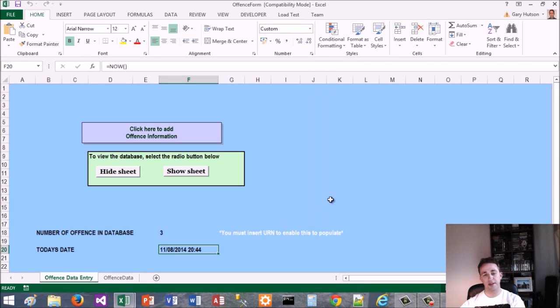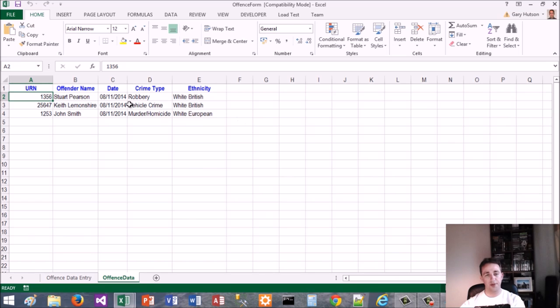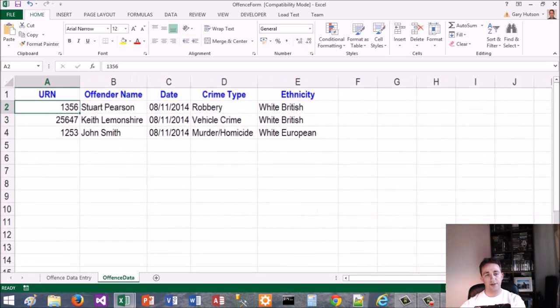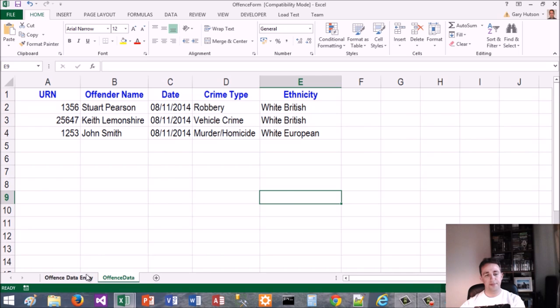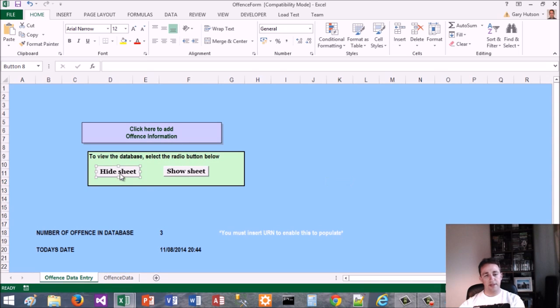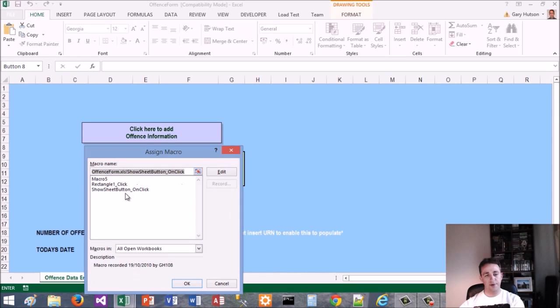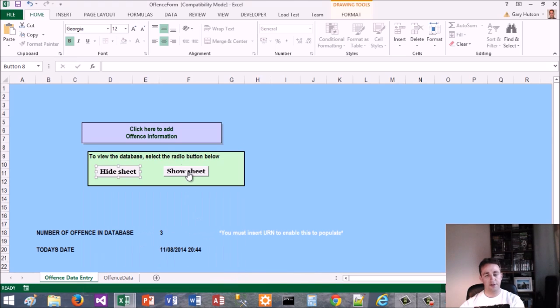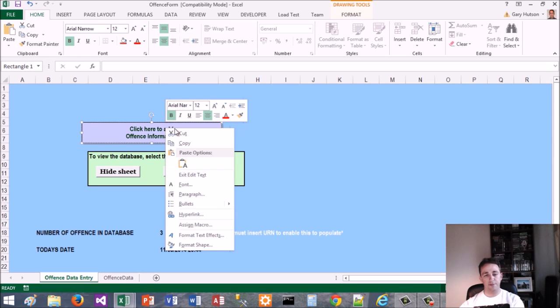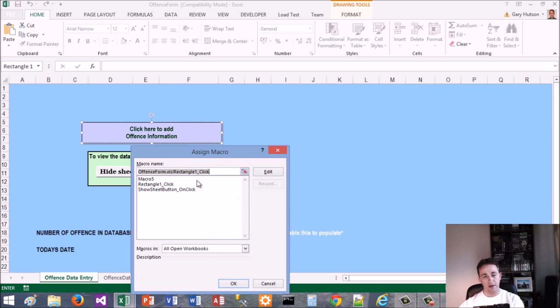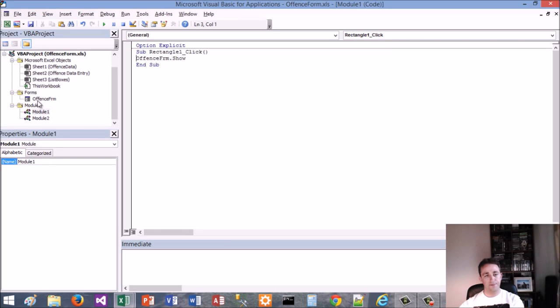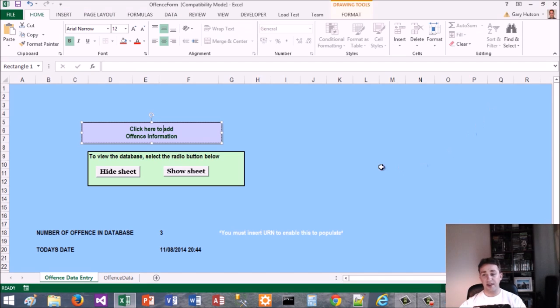So the only way to do it is close form. Hide sheet hides my offence data. Show sheet gives me my offence data, and it shows you the records that I've inserted in there. So if we go back to that, these are just macros assigned to each button: to hide on click, to show on click. And the form here, I've actually put a text box, but I've assigned a macro to it. So rectangle click basically just says offence form dot show,